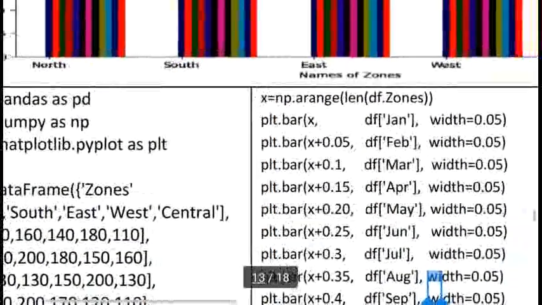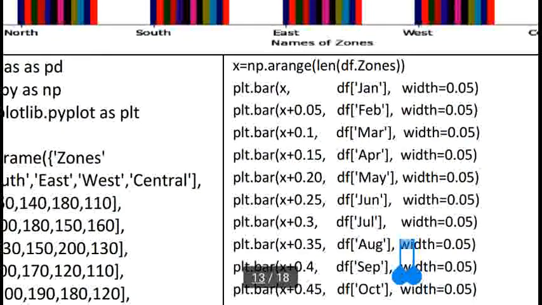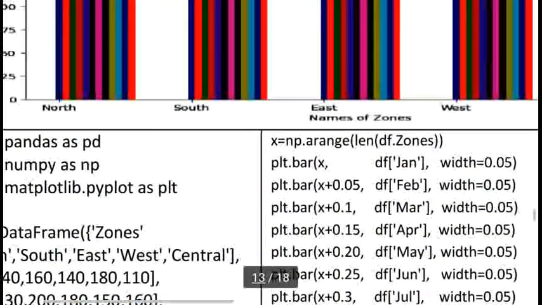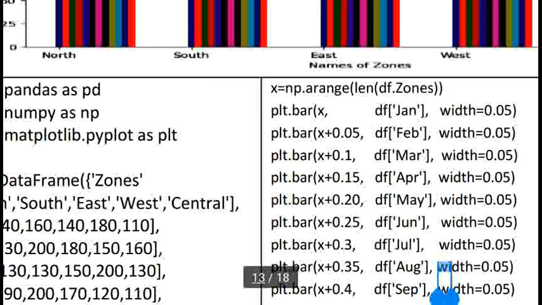And the width of a particular bar is only 0.5. In this style we can use our zones and respectively the months.